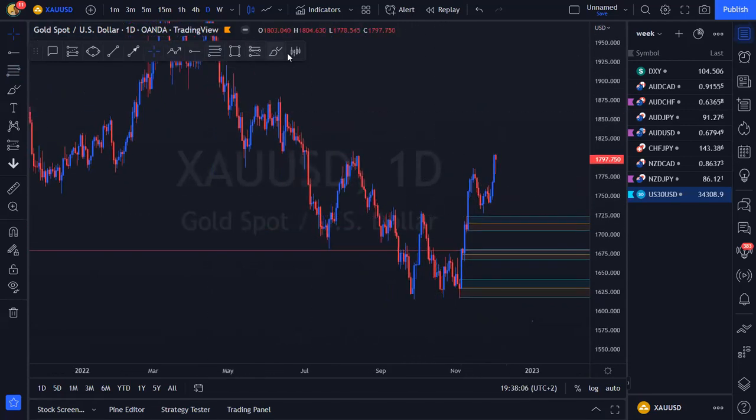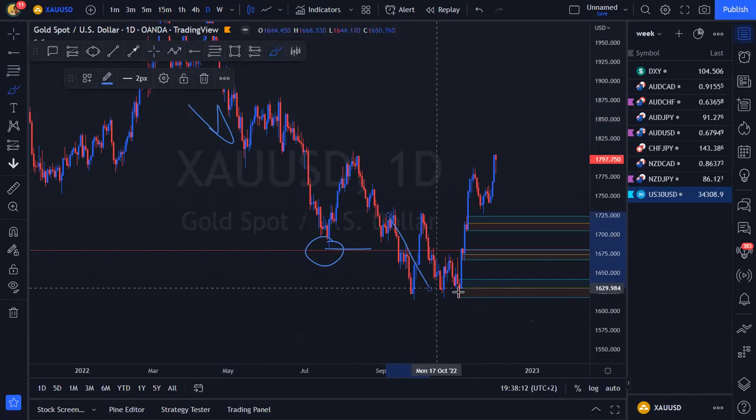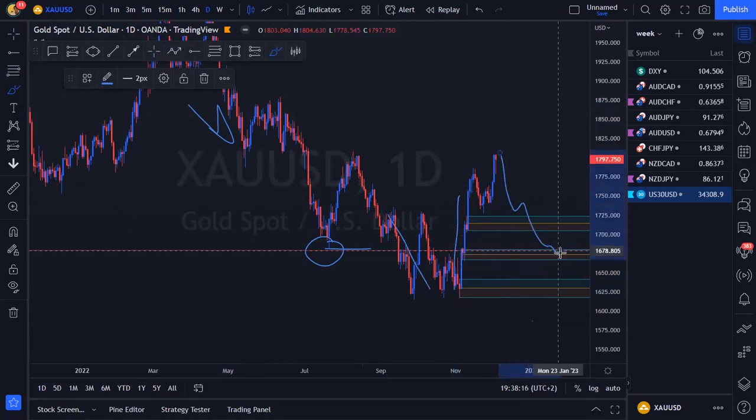Looking at the overall structure, we can see price action has been coming down, creating lower lows and lower highs. This is the most recent low that price action has broken below and broken above. At a future date in time, we can come back to retest. You can see it aligns with a nice momentum shift area, so we have an area of our best probabilities for whatever corrective structure can form.